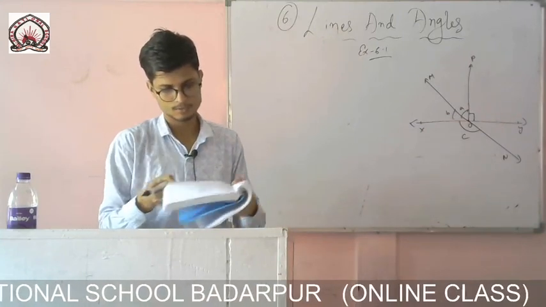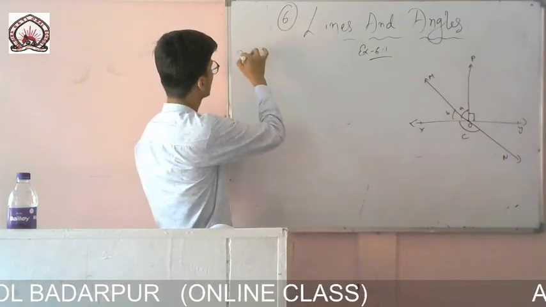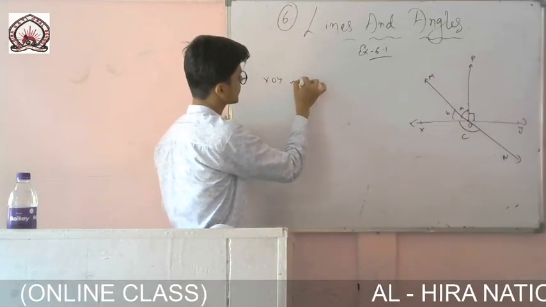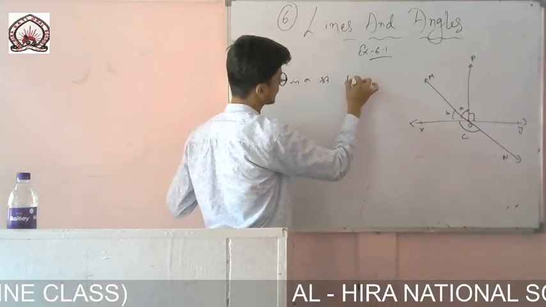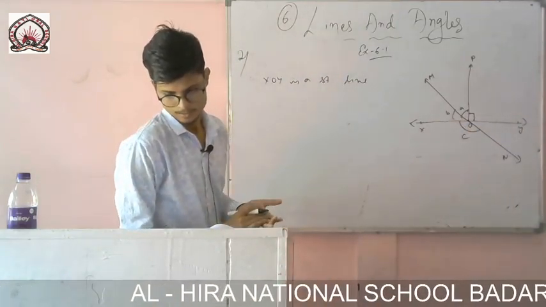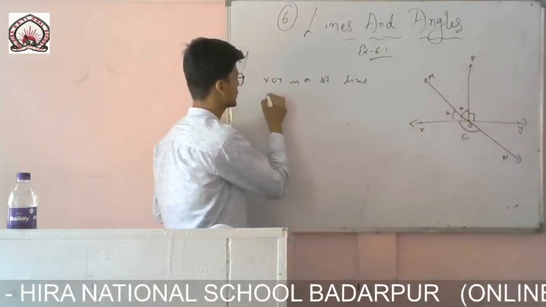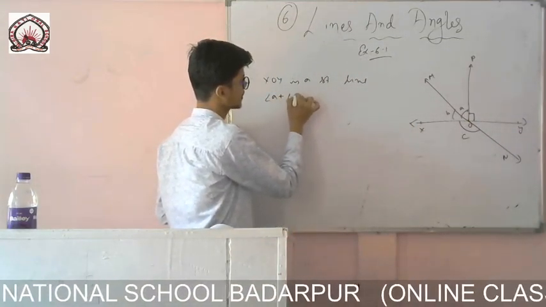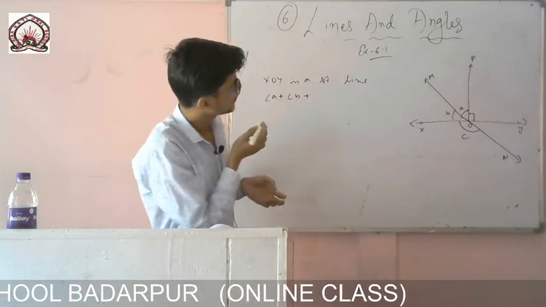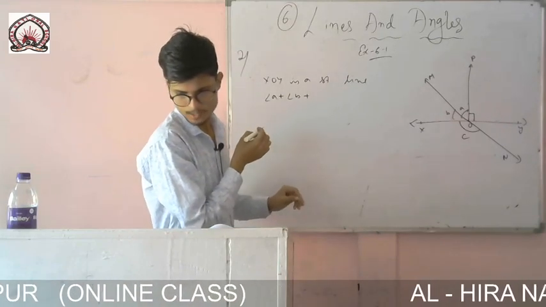Okay, very easy. You just see, I will make it clear. First of all, since XOY is a straight line, XOY is a straight line. So if it is a straight line, that means the sum of all these angles will be equal to angle A plus angle B plus, what is that one given? POY is given. In the question, it is given POY is equal to 90 degrees.